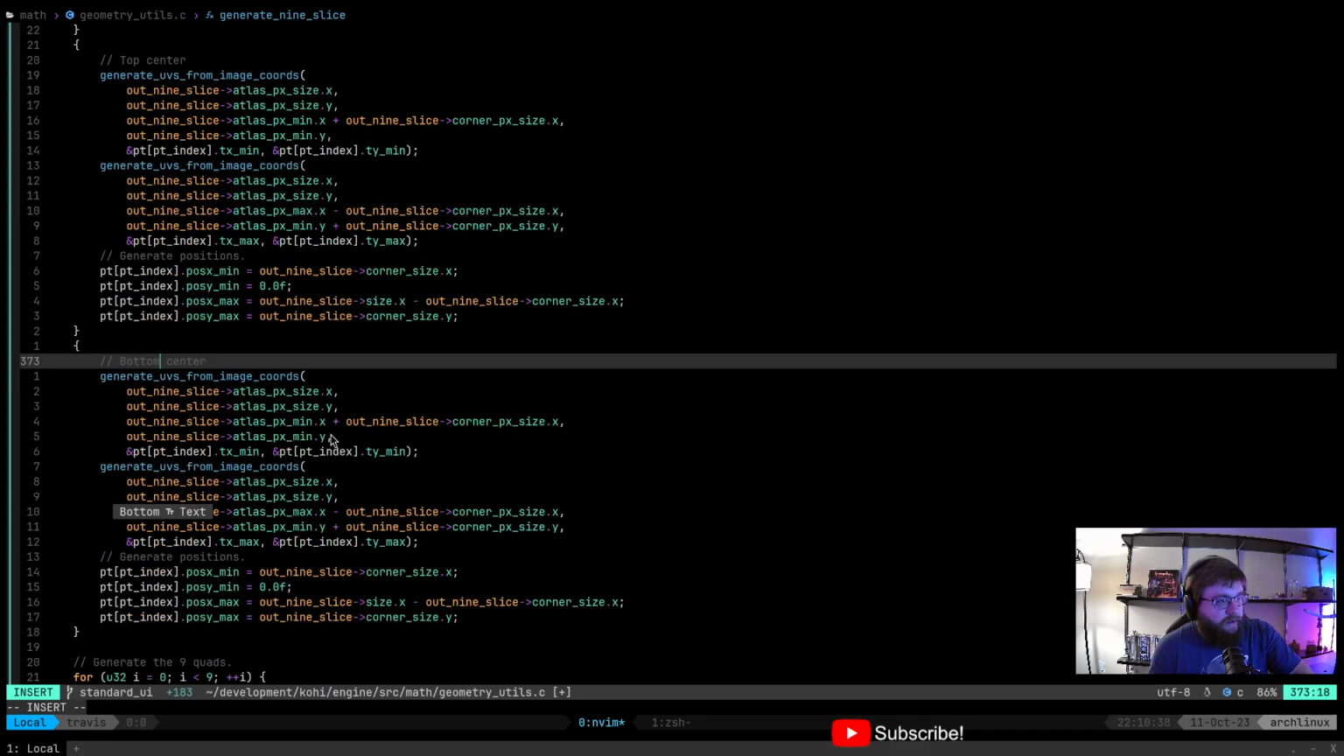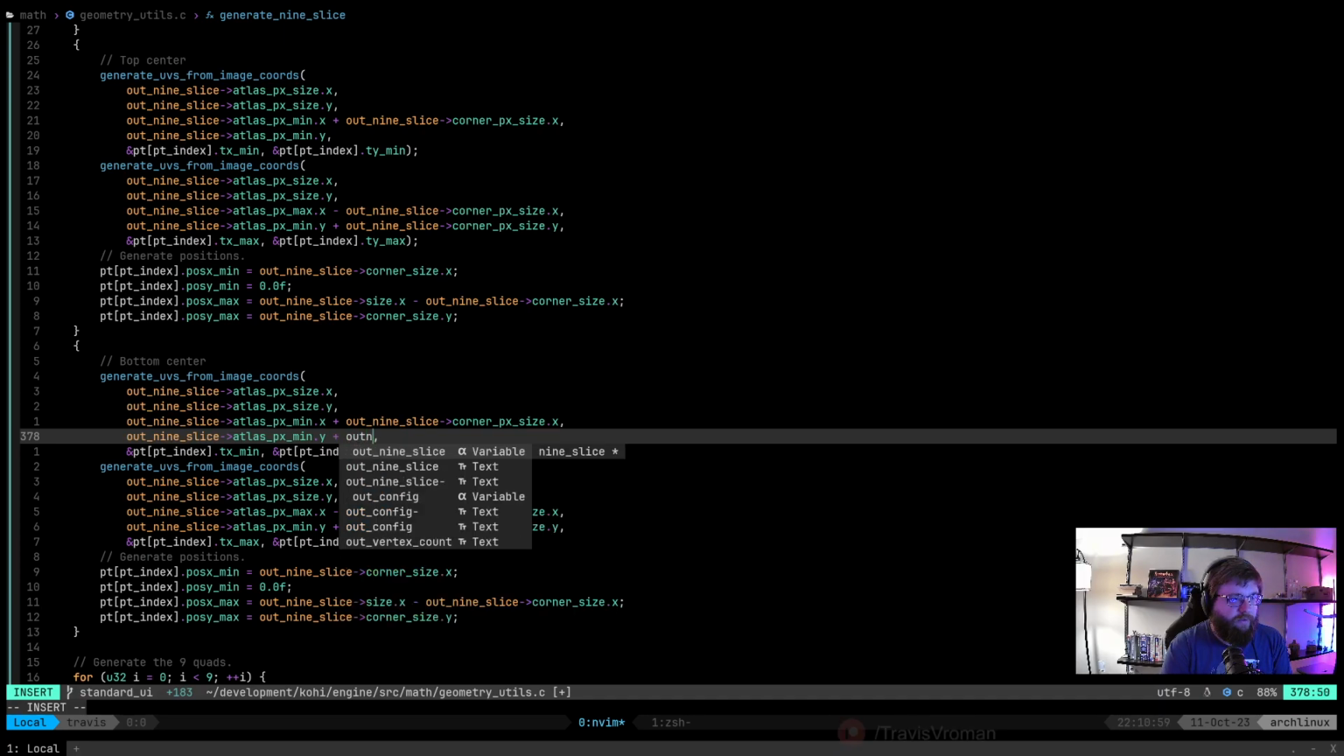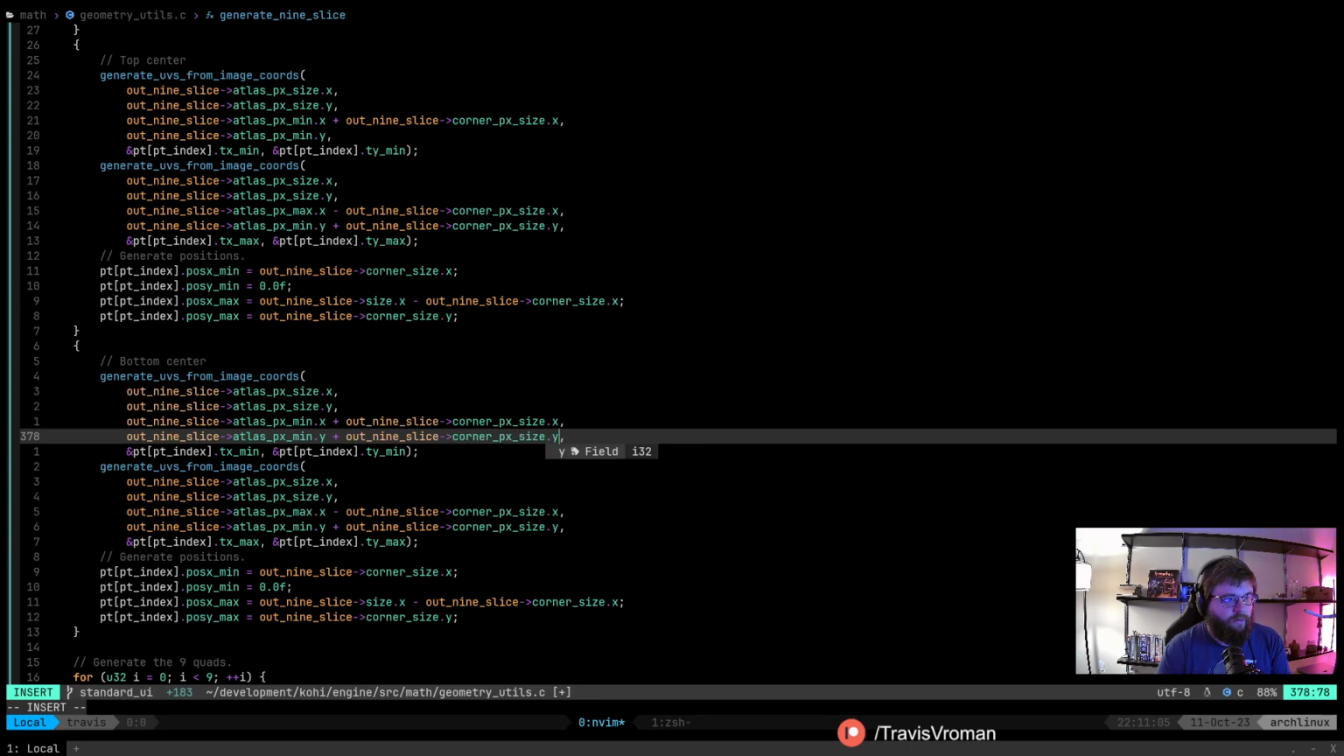All we have to change is the Y, right? So the X's on these remain the same. The Y in this case, the min Y is going to be atlas pix min Y plus out 9 slice corner pix size Y. Right? So that's move it down from the corner. So that should be fine. Okay. And then,